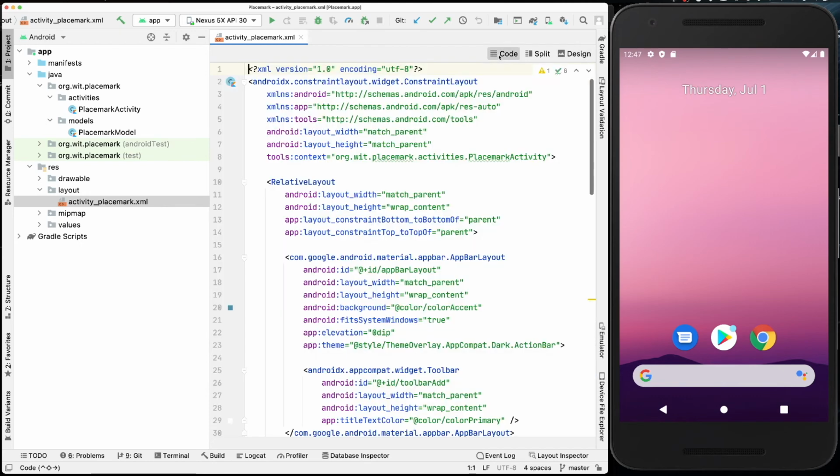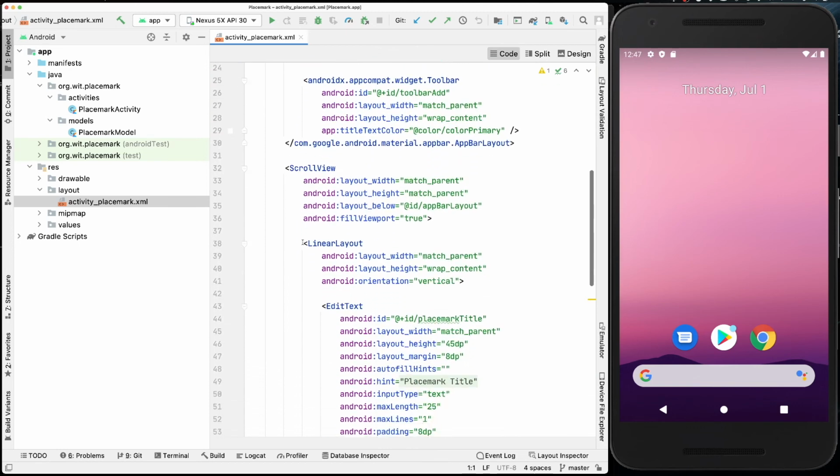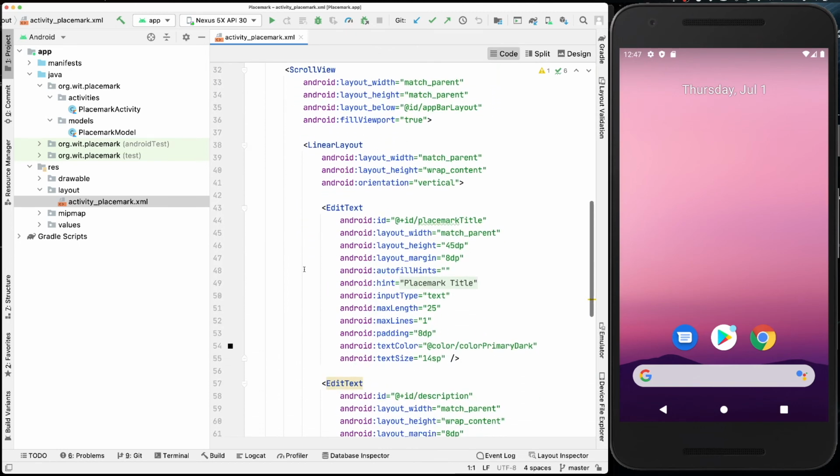And so at the moment, with that 4.2.1, if you go to your edit text, and if you notice that we have an autofill hints property in there, you get that by default when we add in an edit text. This is a property that's automatically added, but for some reason it is causing issues with the rendering